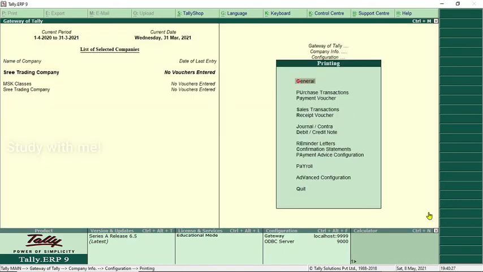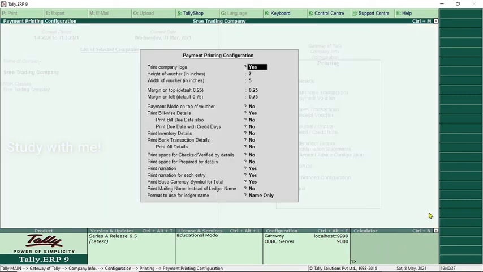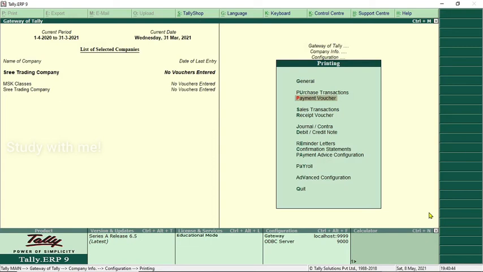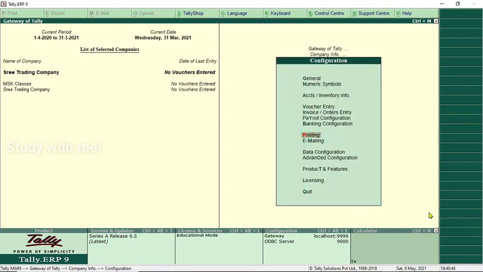Printing. Once you click printing, it comes out with what you want to print, such as payment vouchers. Once we do sums, we can print on the same screen itself.